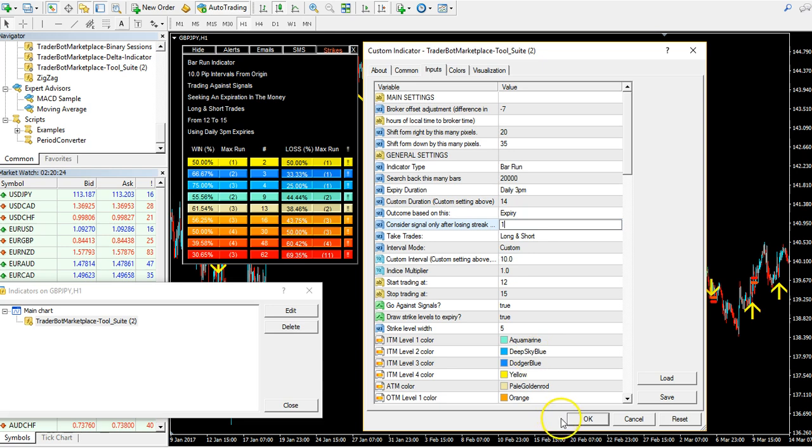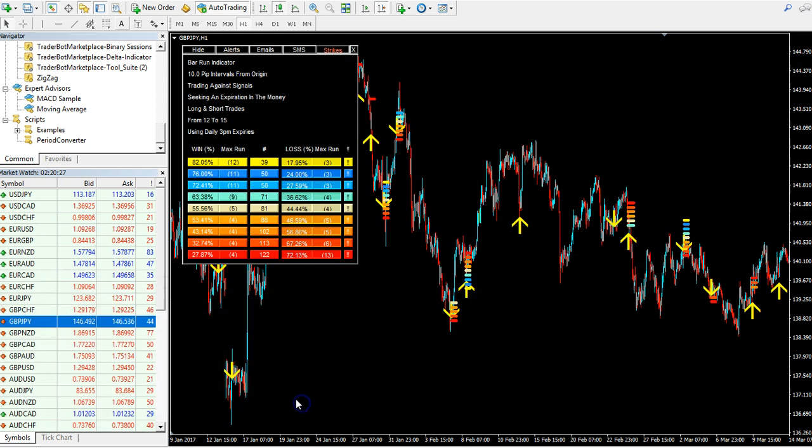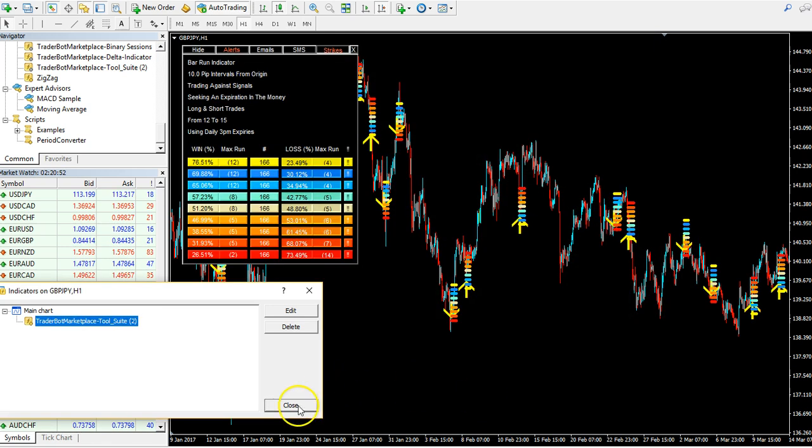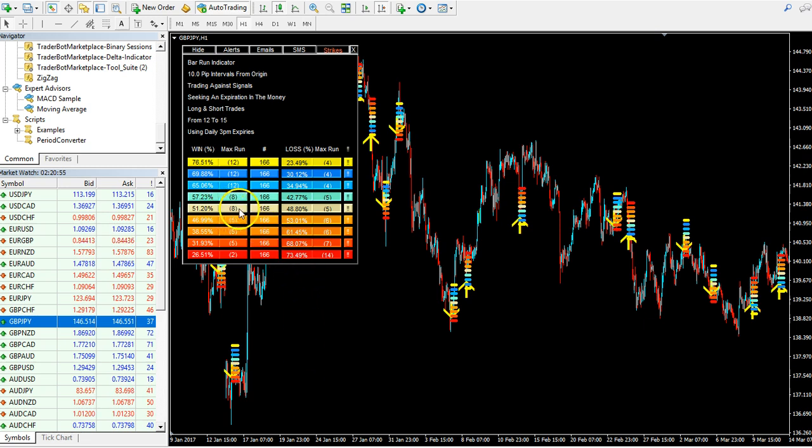What if I change that to 1? It has 81 trades and a 55% win rate. Nah, not so good. So now I'm going to go in here and put it at -1 so it looks at all the trades, not just the winning ones. And now I have about the same win rate with 166 trades here. So I've got plenty of trades. I've got a decent in the money win rate. I've got a decent out of the money. Well, I like to have that at 30%, but still,